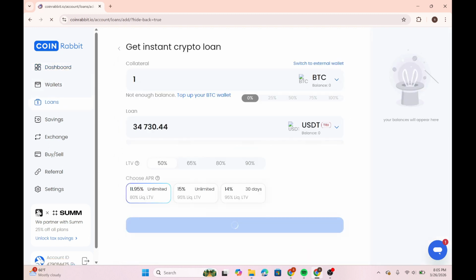Here, all the active and past loans are listed with the collateral, borrowed amount, interest rates, and LTV as well. Over here, you can analyze and compare interest accrued versus borrowed amount to assess the cost effectiveness, and adjust the repayment as well. CoinRabbit's comprehensive loan dashboard, real-time metrics, and alert system make it easy for the users to track and